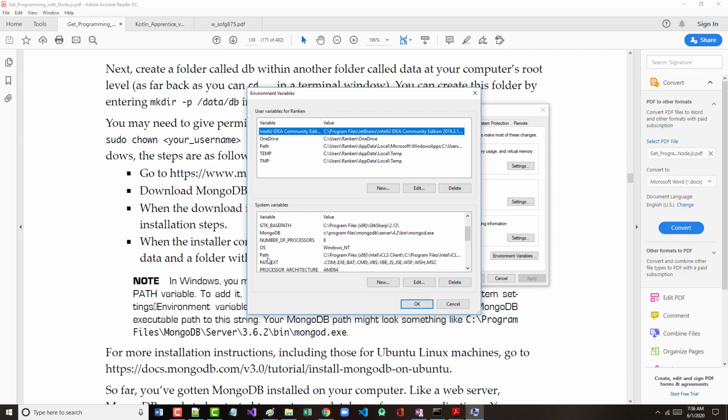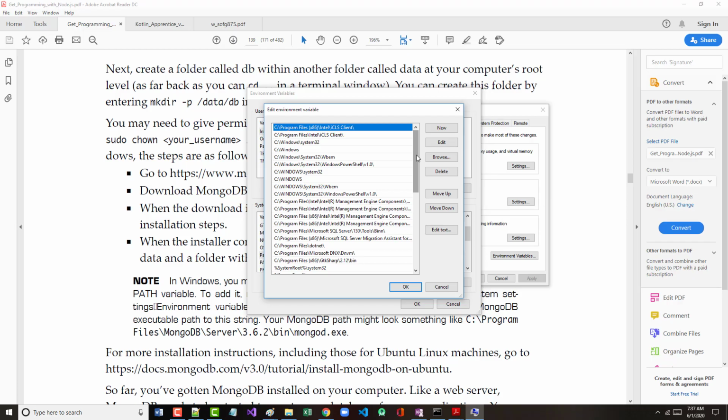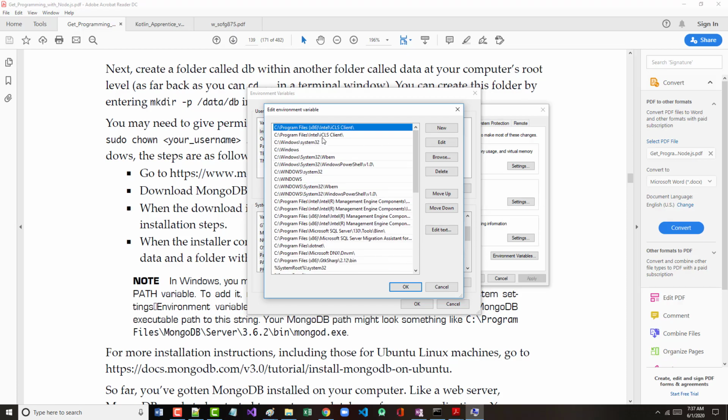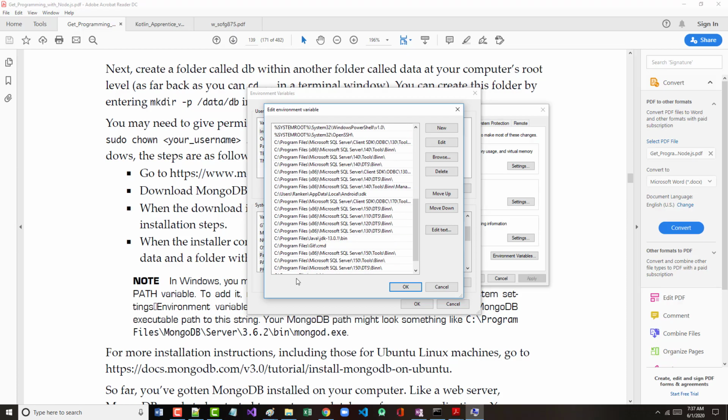Let's see, path, I'm going to click edit, and it's got all of the different variables that are in there. So this is the path the system goes through. When I put in a file, this is what it'll look for. Now I screwed up in that I put in this yesterday: C:\program files, MongoDB server 4.2 bin MongoD.exe, and it didn't work,